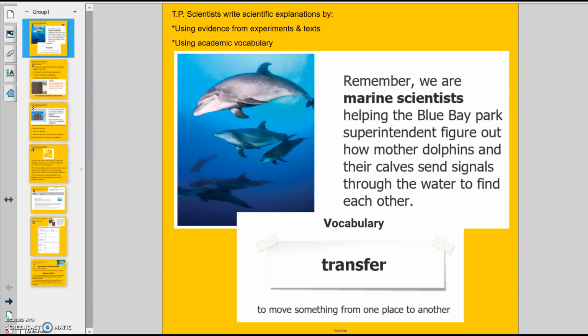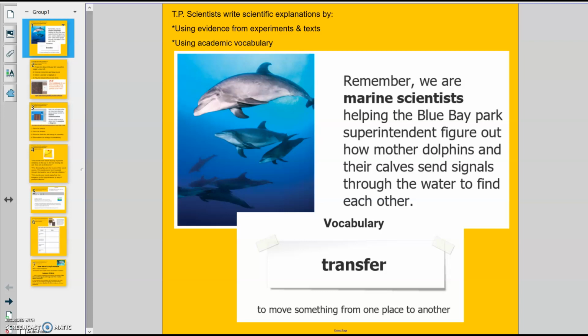Now, I've shown you how to do this before, so this time I'm not going to model how to write the scientific explanation. This time, I'm going to help you remember the evidence that we've gotten from the different experiments and texts that we've looked at. So today, our teaching point is that scientists write scientific explanations by using evidence from experiments and texts and using